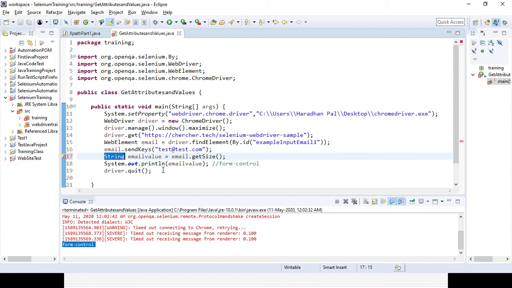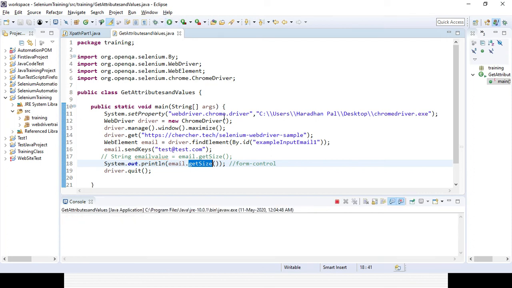It will not be a string, and it will not be an integer either, because the position is not an integer. So you simply use getSize. Let's code it. Whatever object you first identify, with the help of that object you use the getSize method, and the size will be displayed for that particular field.